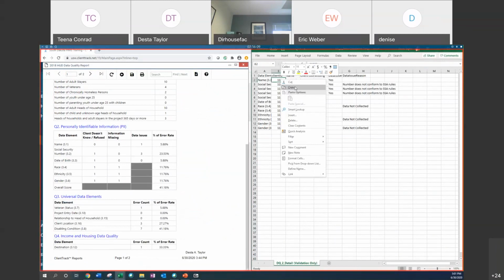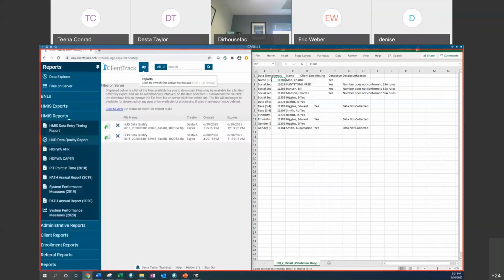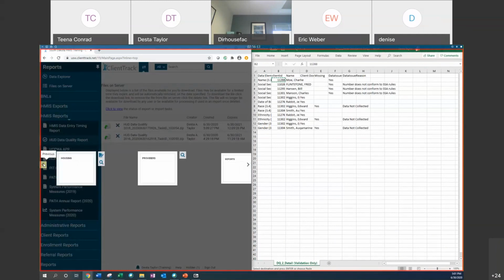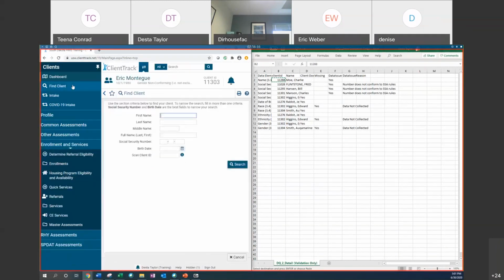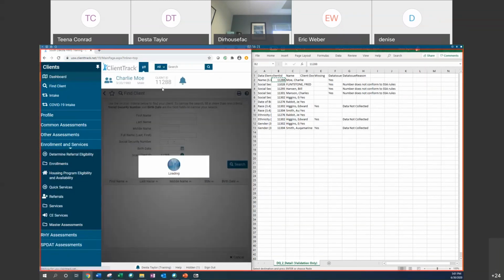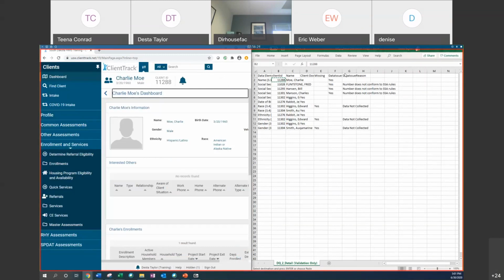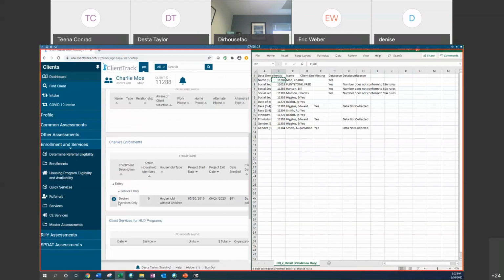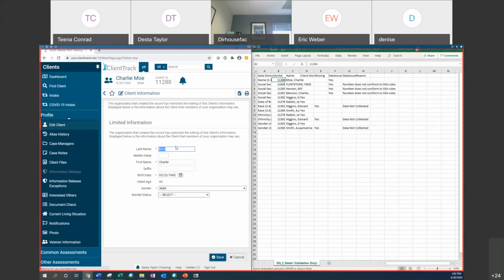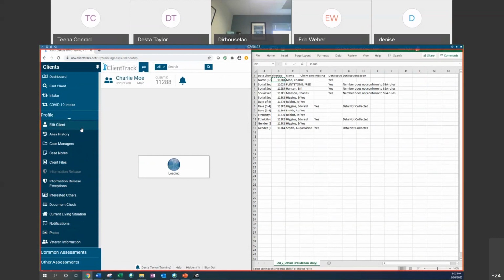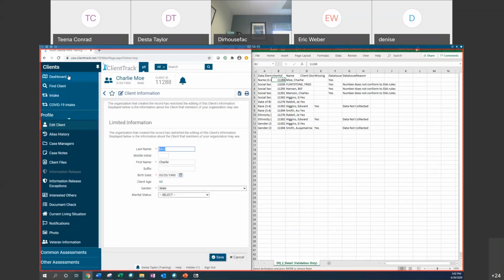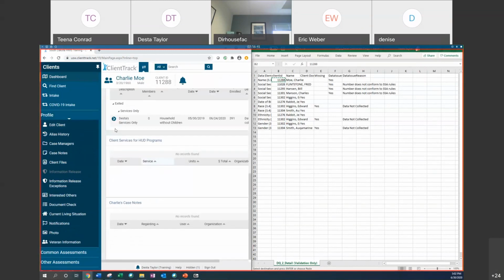So what I do is I copy this, minimize it, and then I go to the clients page. I search, and it's Charlie Moe. And I can see here that Charlie has a name issue. And if we go here to his profile and look at his history, we see that his name's there, so what's going on, right? And if we go to his dashboard,